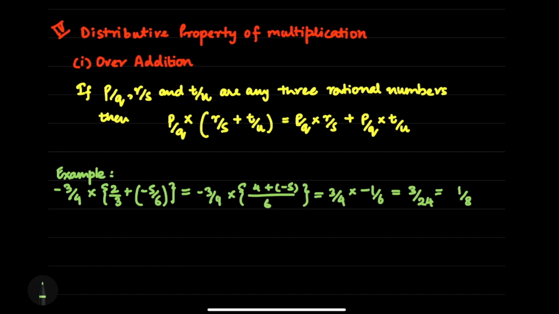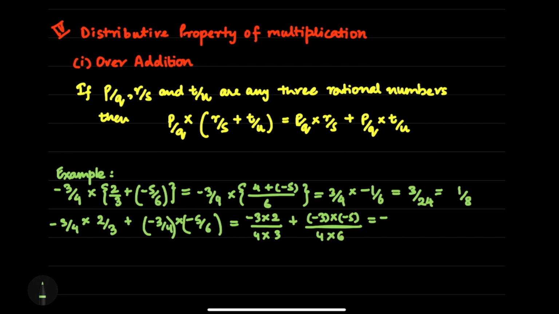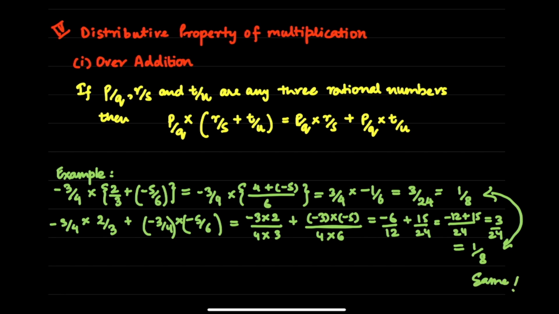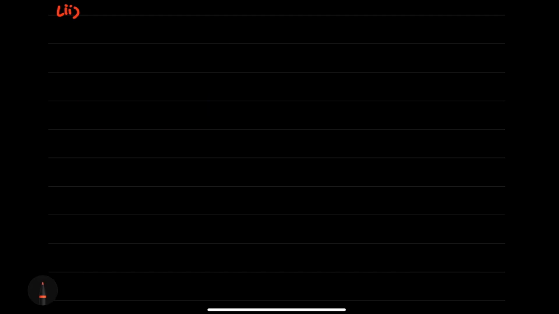Next, we will solve the right hand side, which is minus 3 by 4 into 2 by 3 plus minus 3 by 4 into minus 5 by 6. We will solve both of these expressions simultaneously as there is no precedence one over the other. And finally, this is simplified to get 1 by 8. As we can see, the left hand side is equal to right hand side, thus verifying the distributive property over multiplication. Now we will look at the distributive property over subtraction of